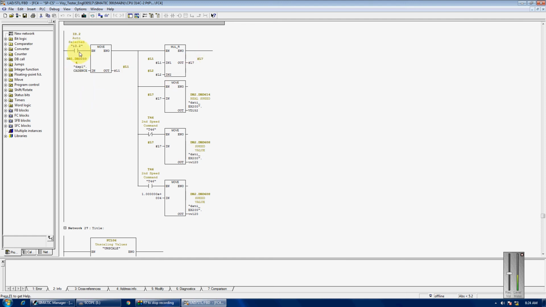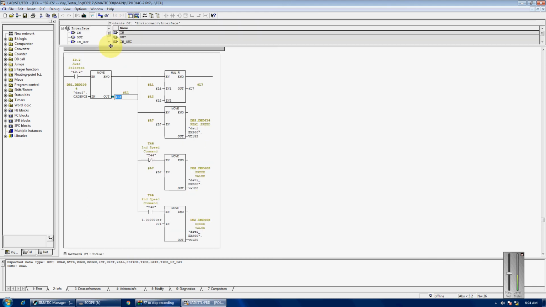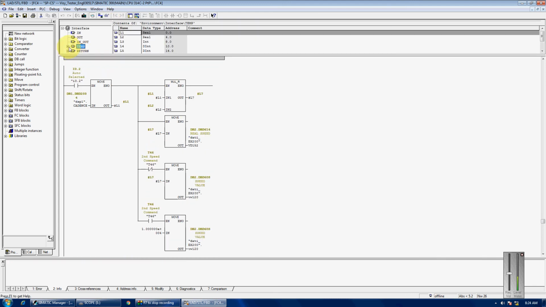With auto selected, display one cadence goes to, that's just a temporary variable. I was trying to work out what these L ones were. That's just temporary. Instead of declaring more memory, they've got a temporary variable there. They write to it and read it straight away. They multiply it by